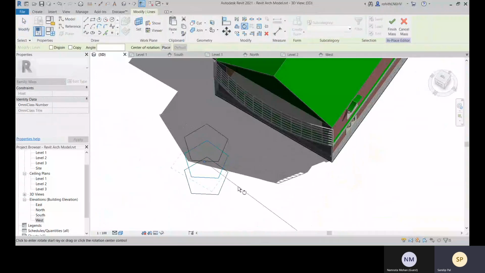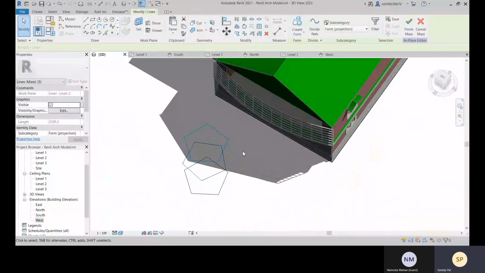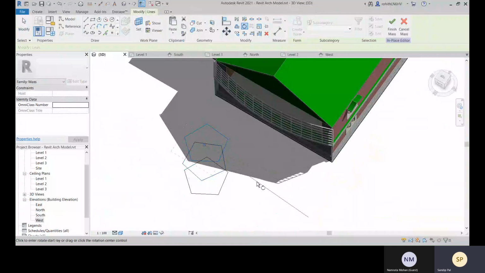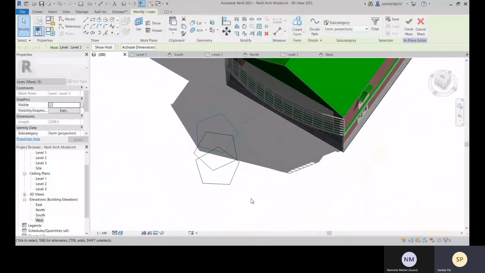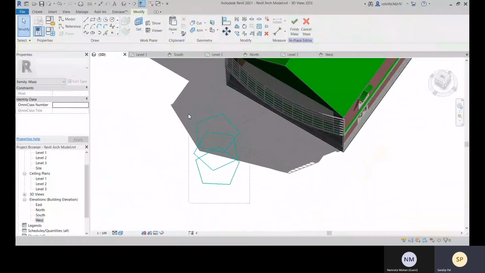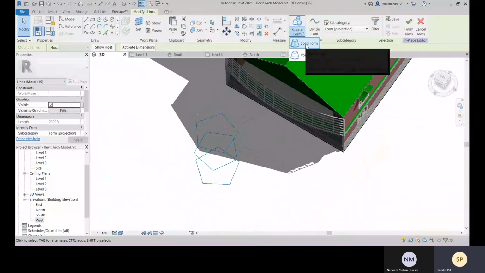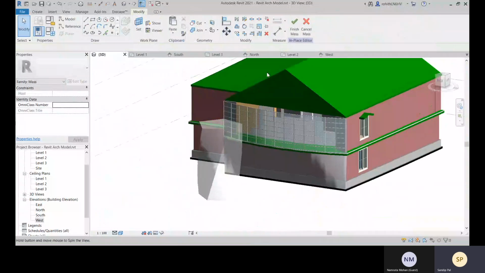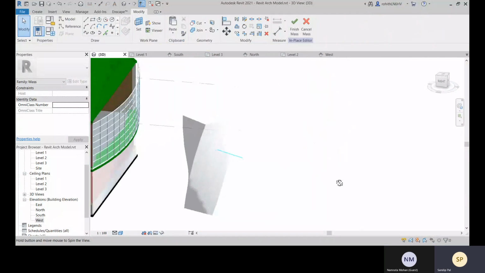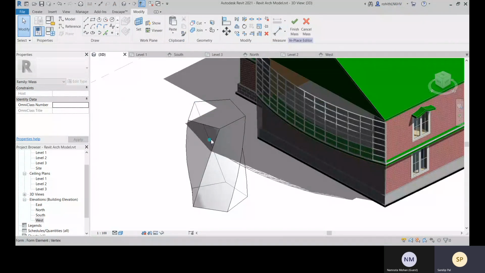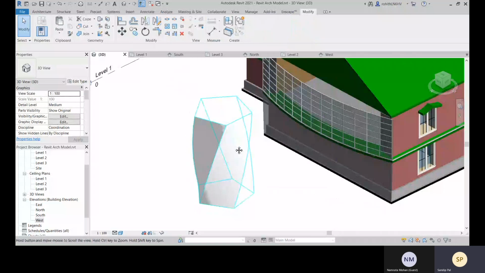So this will be the center, and for this one I'll move it like 30 degree, and this one I will rotate like 60 degree. Yeah, so now I will select all of this, and I will go with this solid form. Now here you see you are having this kind of profile. Okay, organic shape you have created this one.